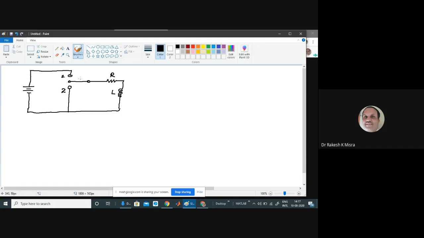And this is a switch which is getting closed. Means this connector is moving from point number 1 to point number 2. This switch is also named as K. Now current here, when this switch will be coming to point number 2, then this circuit will be complete. And then here we will be having a current that we call I of t.